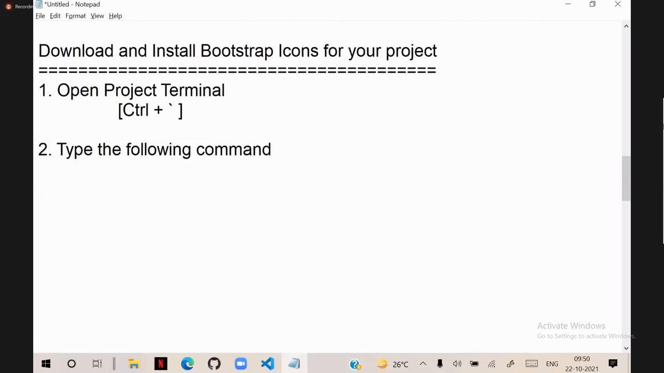You have to type the command npm install bootstrap-icons --save. That is the flag. This is installing Bootstrap icons for your project. And what is important is these Bootstrap icons, once you install,